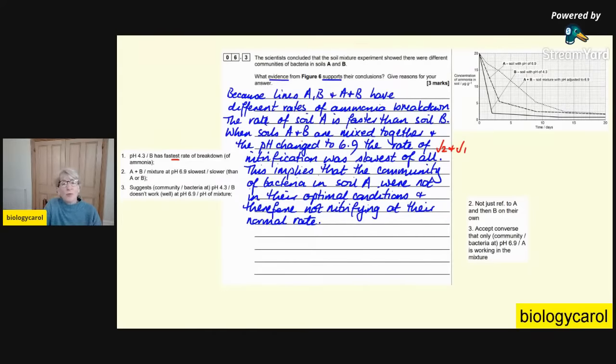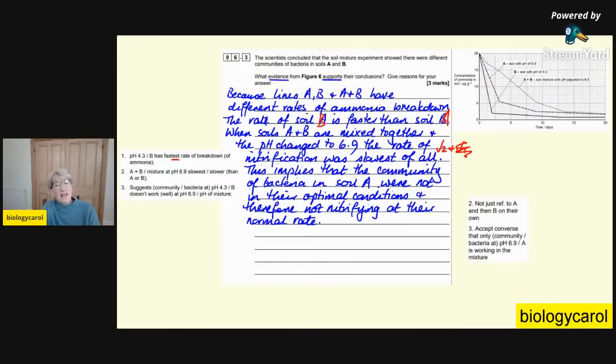Oh, do you know, I got them the wrong way round. I've just realised. I wrote the wrong thing. I would not have got that mark. Let me just correct that. But if I had written them the right way round, because I've just said the rate in soil B is faster than the rate in soil A,